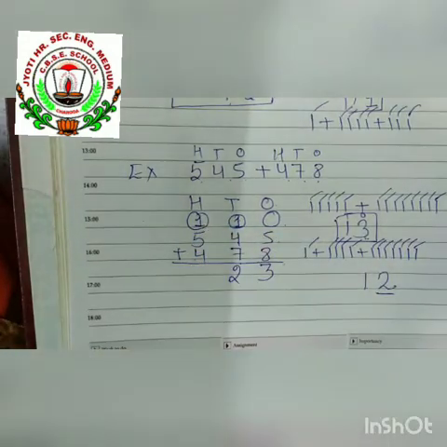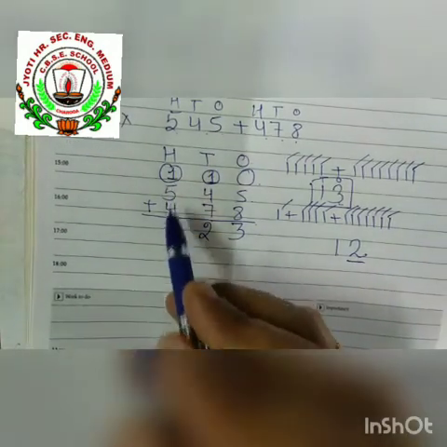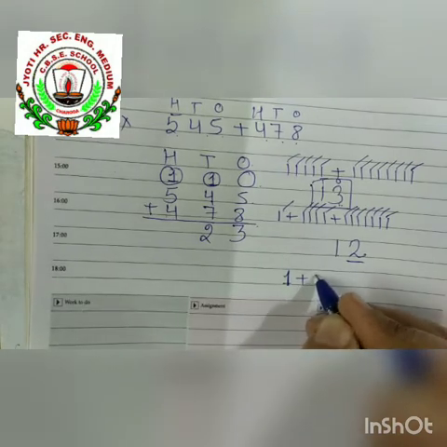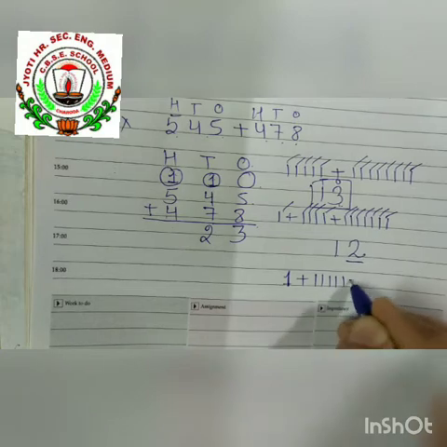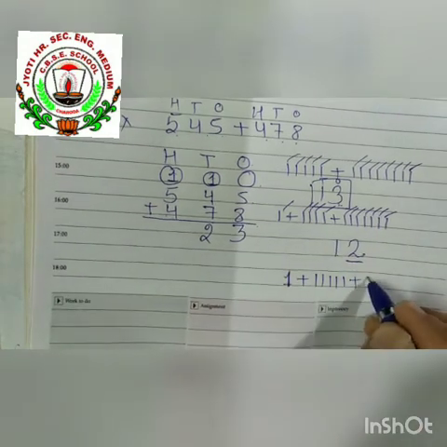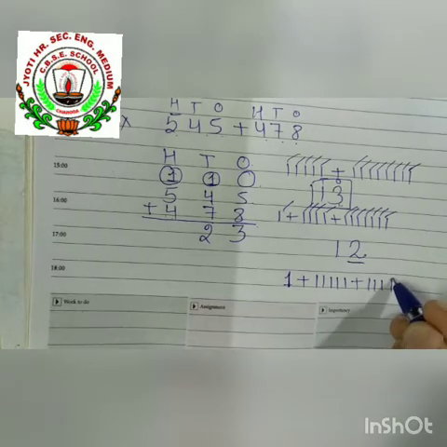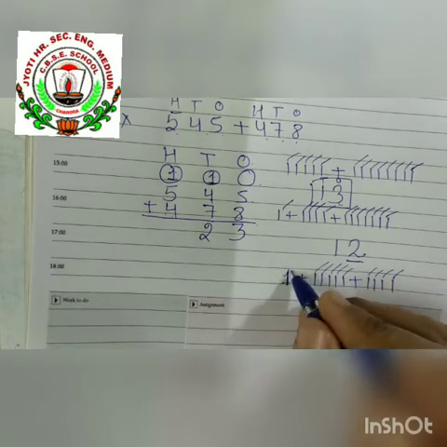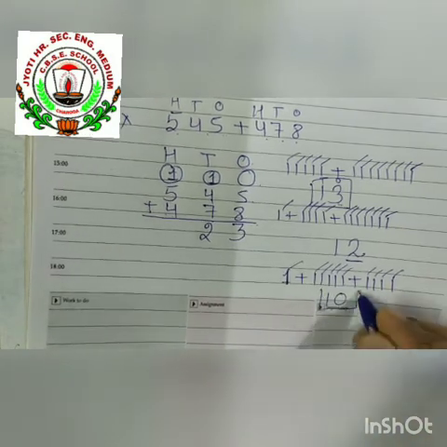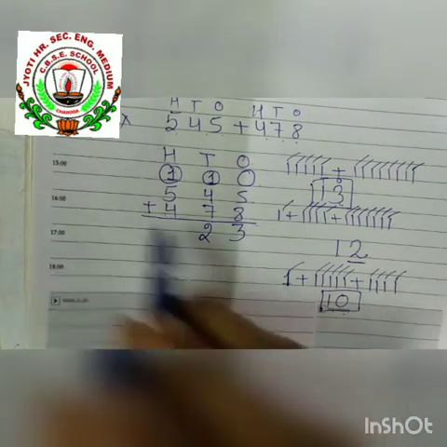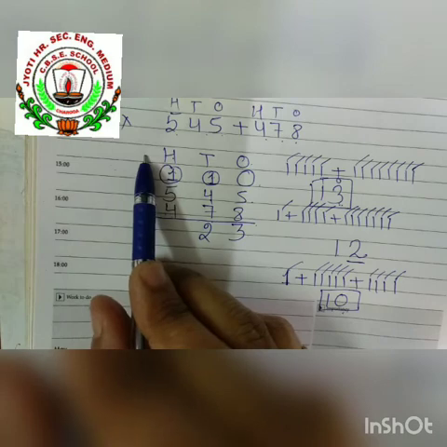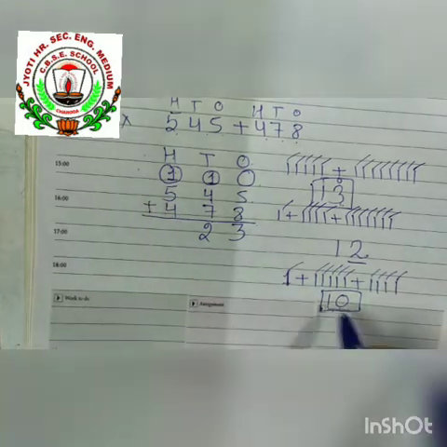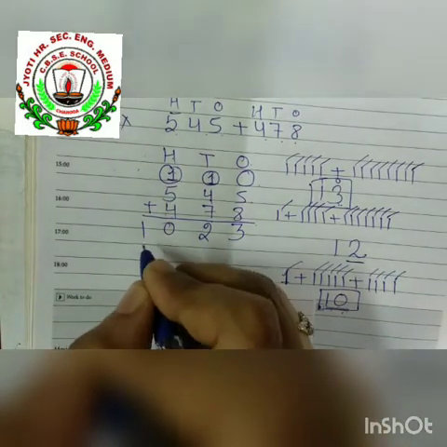next digit. Now in the hundreds place we have 1, 5 and 4. First we will draw how many lines? 1 line. Next we will draw how many lines? 5. 1 2 3 4 5. Next is 4, so we will draw 4 lines. 1 2 3 4. Now we will add: 1 2 3 4 5 6 7 8 9 10. Again we got a 2-digit number, but after the hundreds place there is no digit. We can't give a carryover to the next digit. So we will write 10 as it is here.